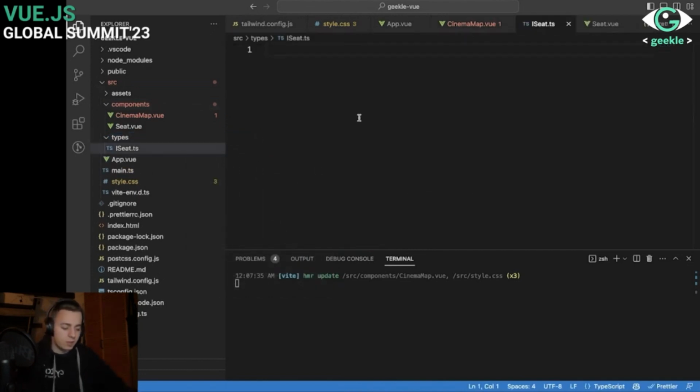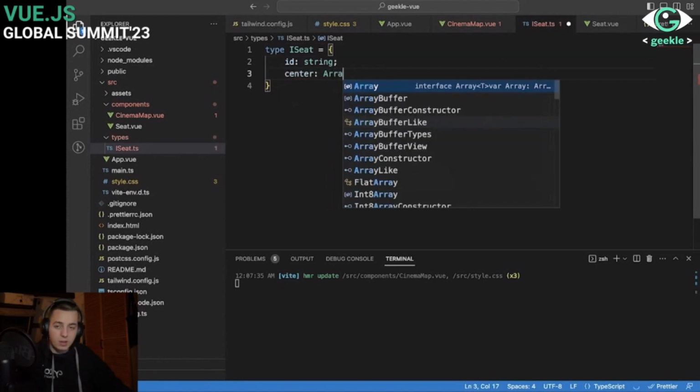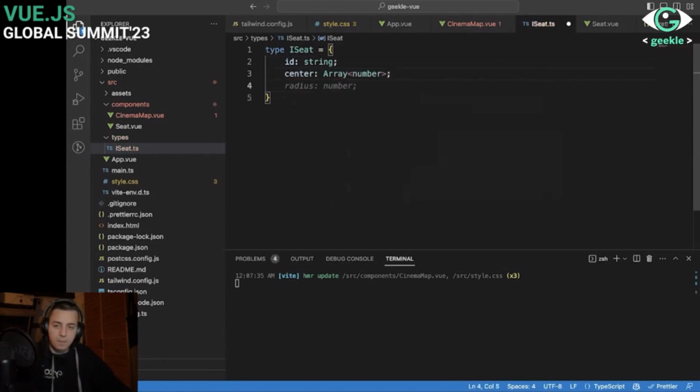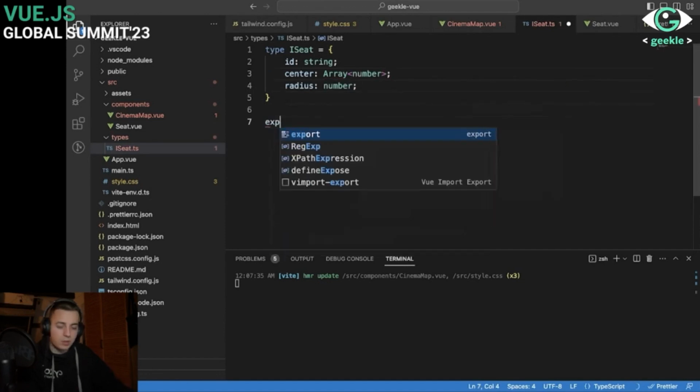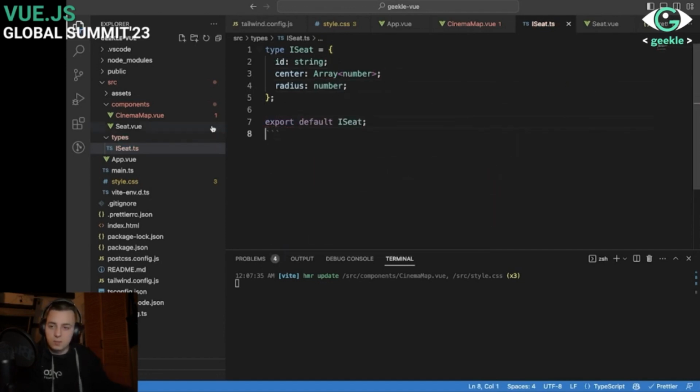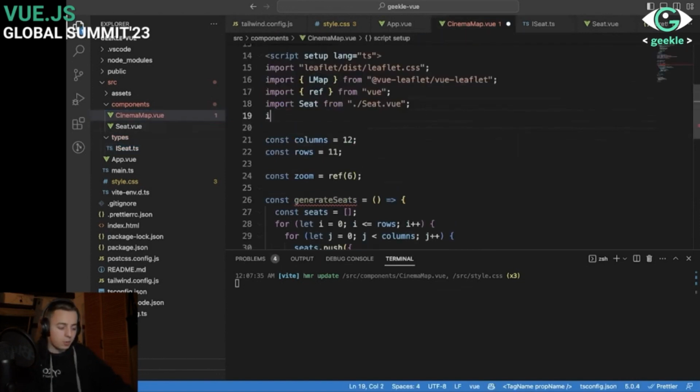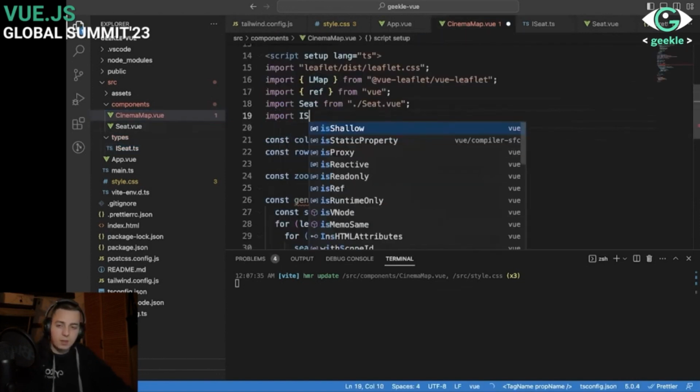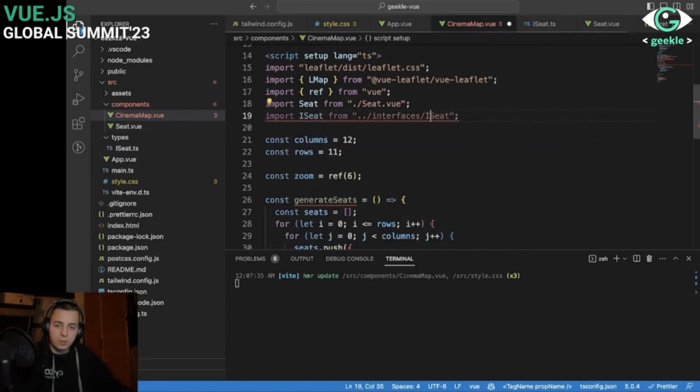Here I can just say type iSeat equals id string, center should be array of number, radius number, and then we can export this. Back in here we can import iSeat from types,